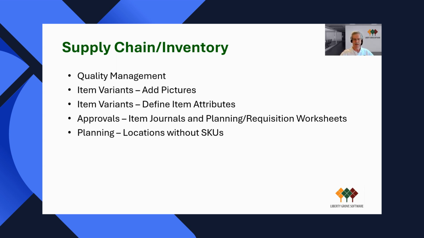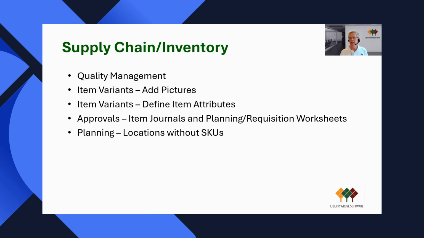Traditionally, you can set planning parameters up at the item level, and then you can set planning parameters at a stock keeping unit level. And if a location didn't have a stock keeping unit defined, by default, Business Central goes ahead and uses the item planning parameters to support the planning. However, you might have a third location, we'll call it South, and you don't want that item in the South because selling snow shovels in Houston doesn't make a whole lot of sense. So